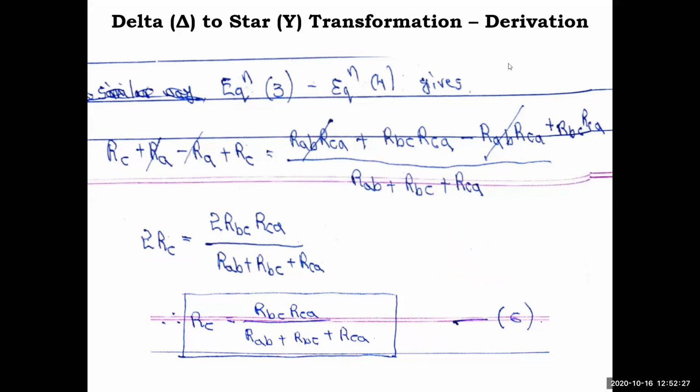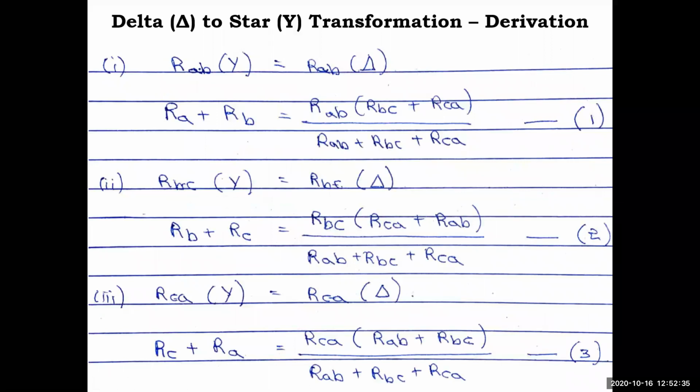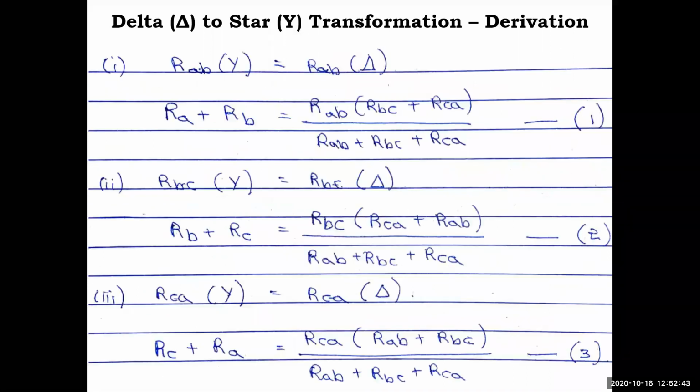What is the next part? In the same way, we need to get some new equation now. See what we have done here: we got the first three sets of equations. In that, we tried to get a new equation like RA minus RC. So doing this, equation 4 adding with equation 3 and subtracting, we got RA and RC. The left out term is RB plus RC. The RB term we have to find out, so for that we need to do some other alteration to get the RB.